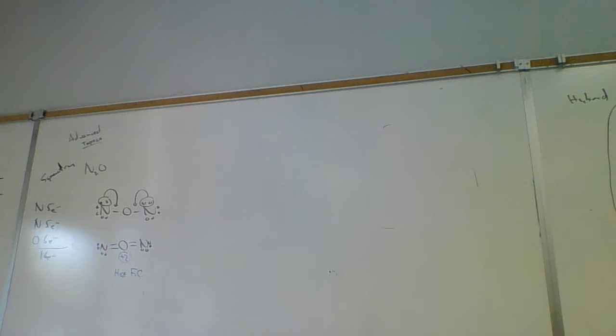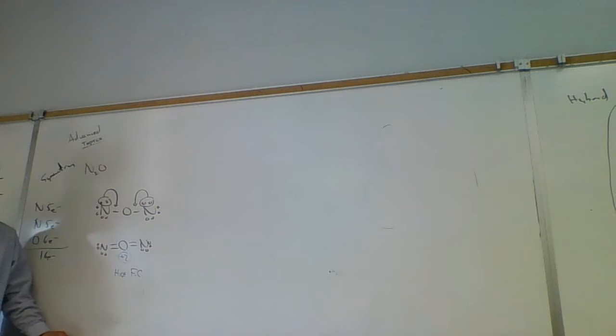It's unstable. The other thing is, nitrogen likes to form how many bonds? 3 bonds. In this structure, nitrogen is only forming 2. So something's got to give. And what is it? It's the charge. What's the charge on the nitrogen? -1